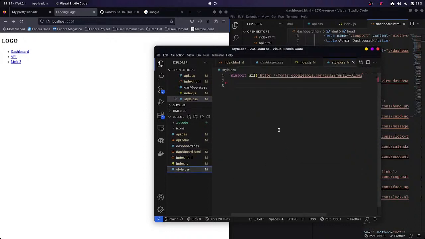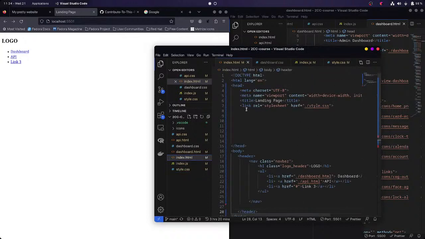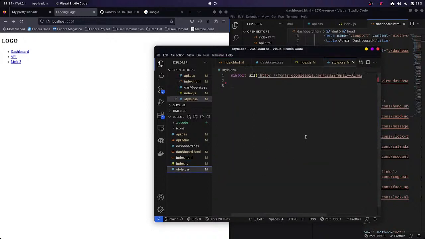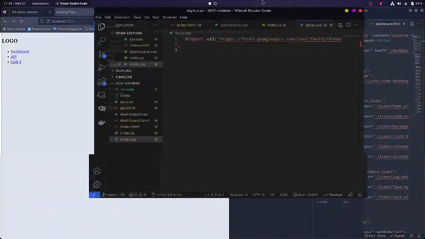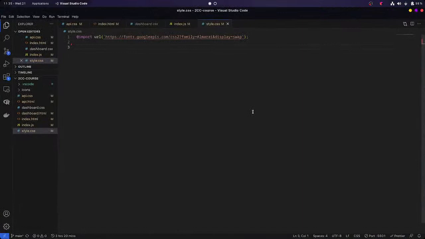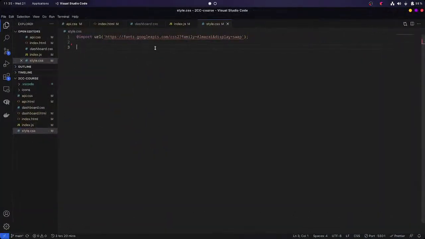This is the styles that I'm going to be using for the index.html. I've already imported it, as you can see in the beginning. This is basically a Google Font API. You can go on to Google Fonts, select the font you like, and it will basically give you a link. You can import it directly into your CSS and use it as a replacement of whatever font you want. So now, starting out with some basic styling,